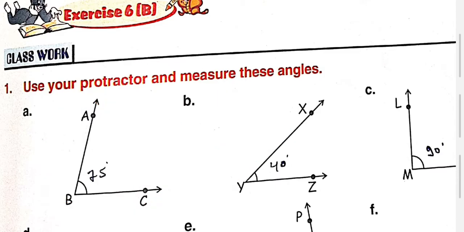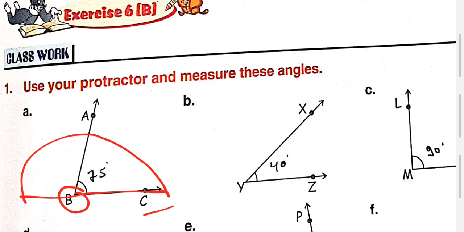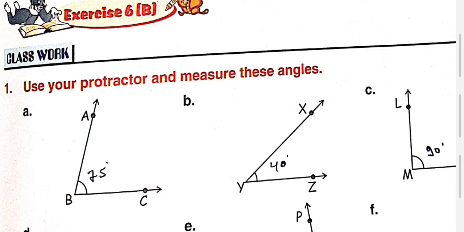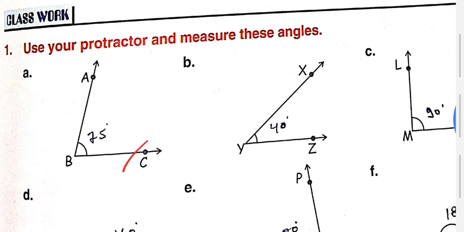Suppose I am making a protractor here to show you how to solve. Suppose you draw it like that, the center point on the vertex and passing through the C. Because you are using your right side, you have to use the inner scale. Now when you see at your protractor, this line will come at 75 degrees. It becomes between 80 and 70. So you have to write here 75 degrees. Understand or not? It is known as the measurement of the angle.